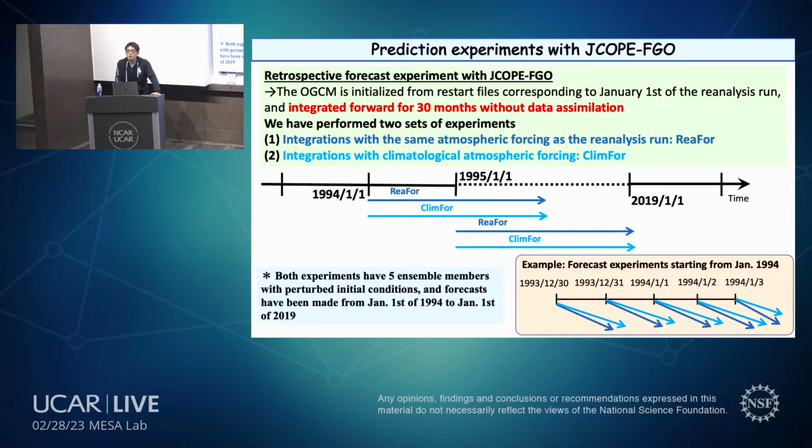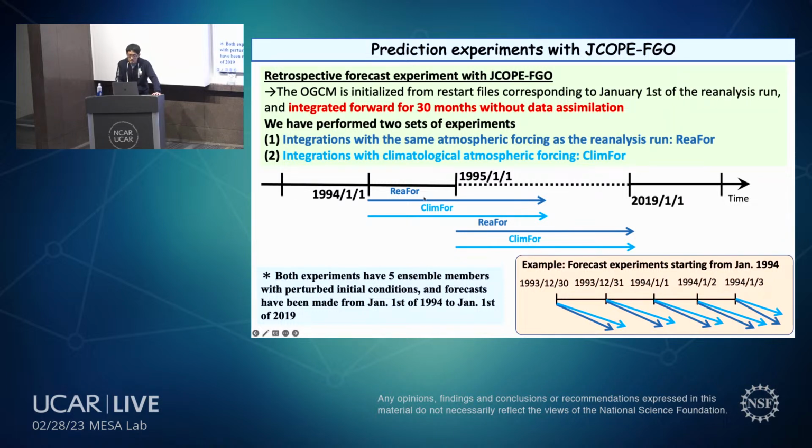So in this case, it is assumed that the future state of time variation in the atmospheric state is totally unpredictable. So the source of predictability only comes from the initial ocean condition. And because western boundary currents exhibit chaotic variation independent of forcing, to account for such internal variability, we have performed both experiments using 5 ensemble members with slightly perturbed initial conditions